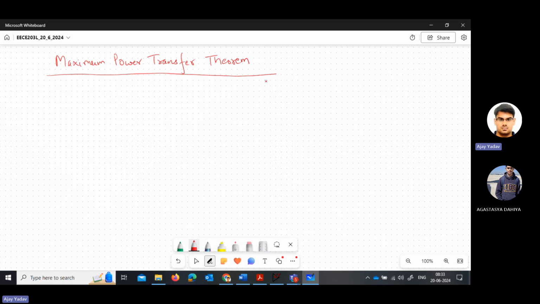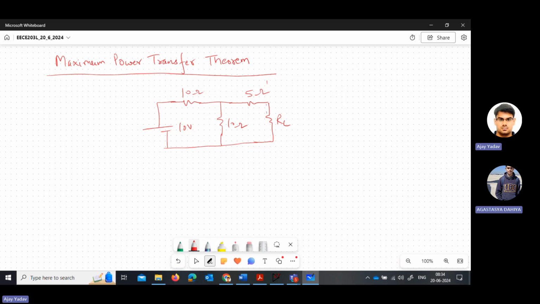According to this, suppose you have a circuit like this: a 10-volt source, a resistance of 10 ohm, again a resistance of 10 ohm, and then 5 ohm. If you connect a load resistance RL here,